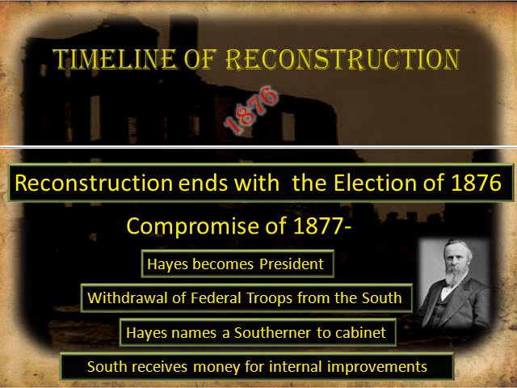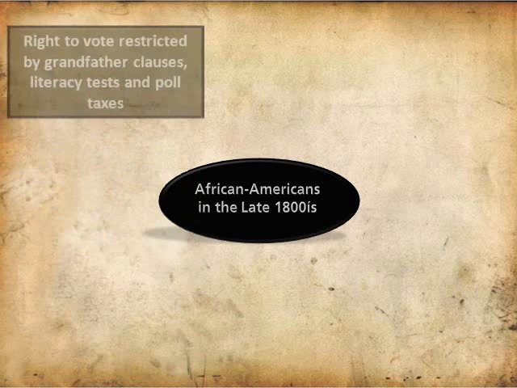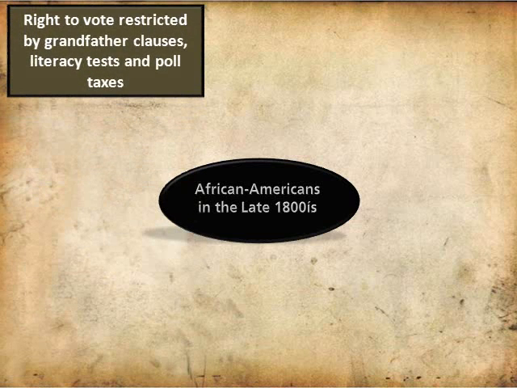They agree, and Rutherford B. Hayes becomes the president in 1877. So that ends Reconstruction the way we know it. But what happens with African Americans is the real story of Reconstruction. And so, in the late 1800s, what we're going to be seeing is several ways of restricting African American rights in reality. But what it says on paper is that you are free, you are citizens, and you can vote.